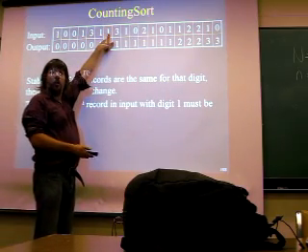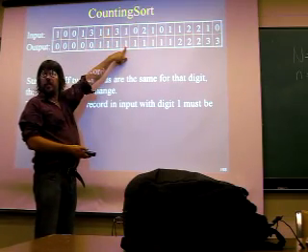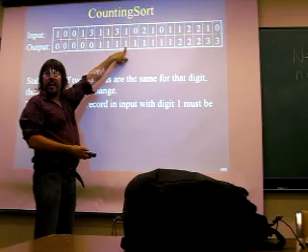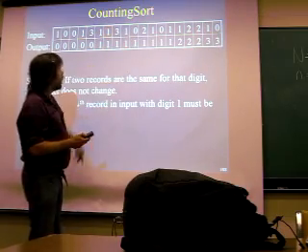Where does it go? 1, 2, 3, 4. It goes there. Right? And you notice how I got that? I counted. That's why we call it counting sort. Right? In fact, more precisely,